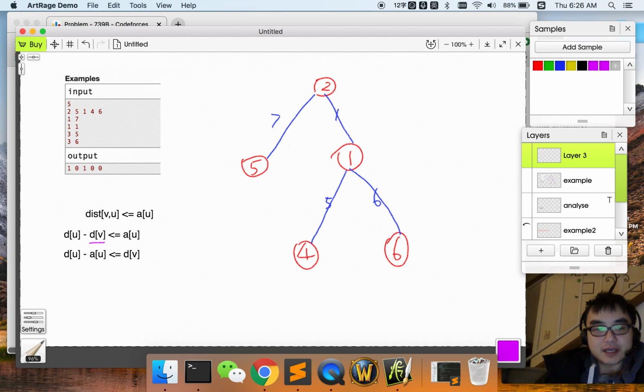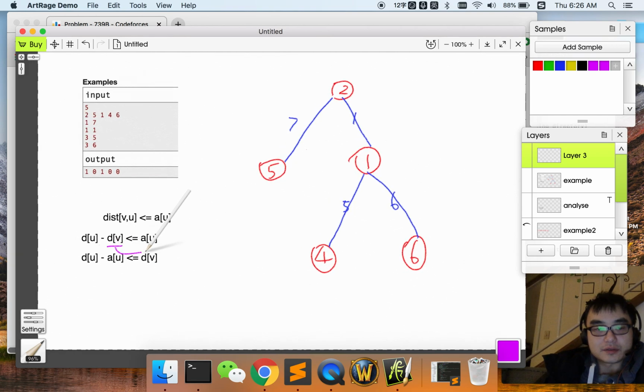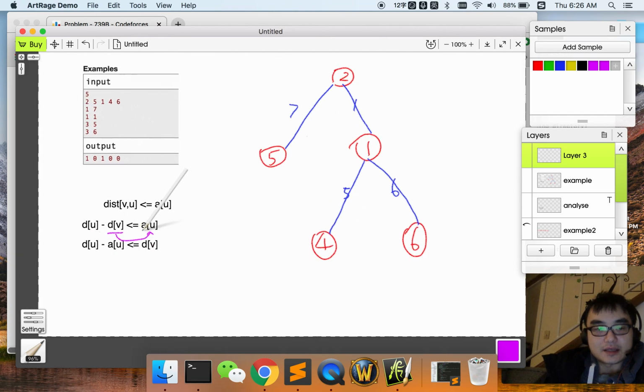Move this item to this side and move this item to this side. So on the left side we have a formula about u, and on this side we have v. So in this case,